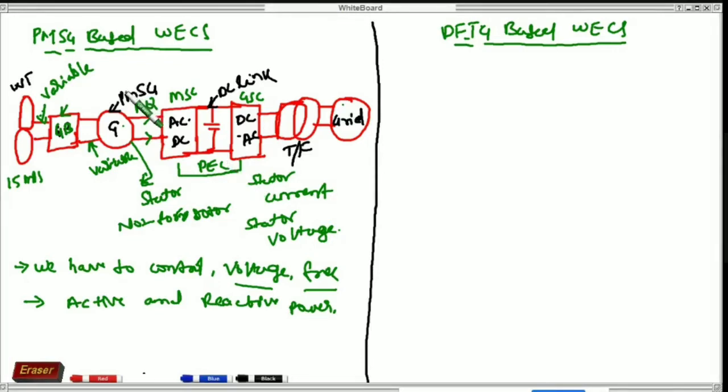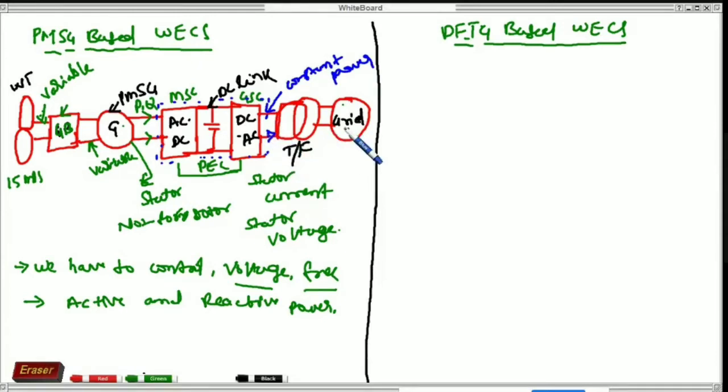Because see here, we are using power electronics converters. So whatever the power will come here, the constant power, whatever the power we have required, this is constant power here.